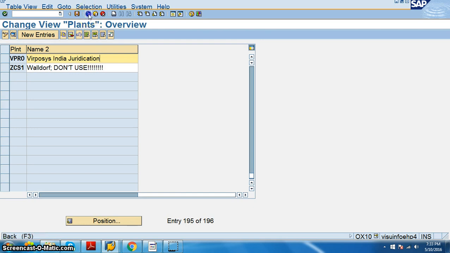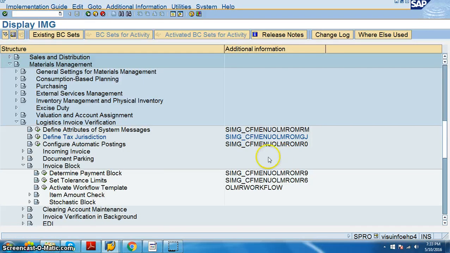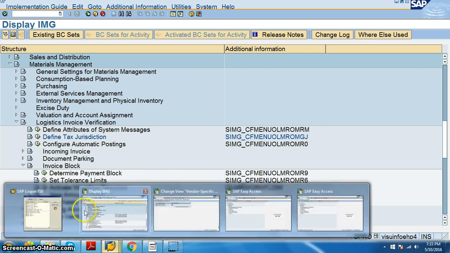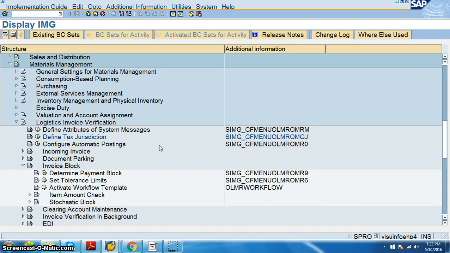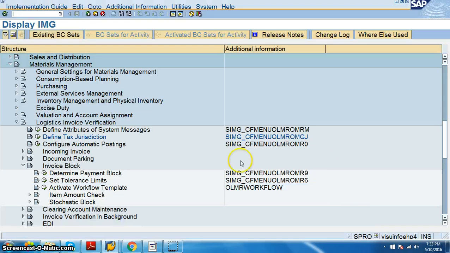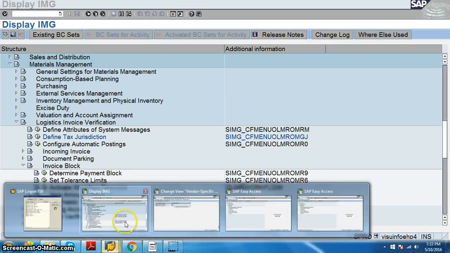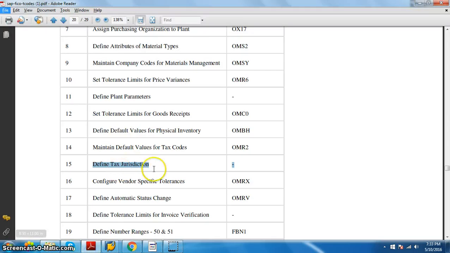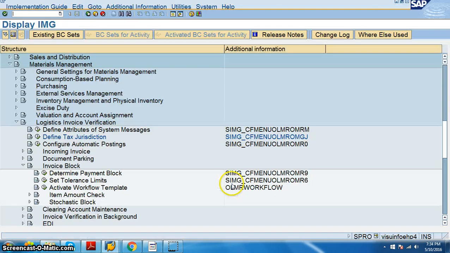So data was saved. Now we'll come back on GJ, and what we have done here is we have defined tax justification, which is something at the plant level. Then we have configure vendor specific tolerances, OMRX.